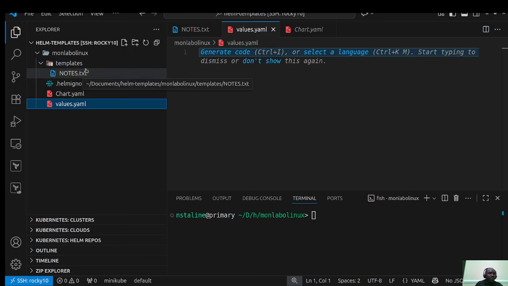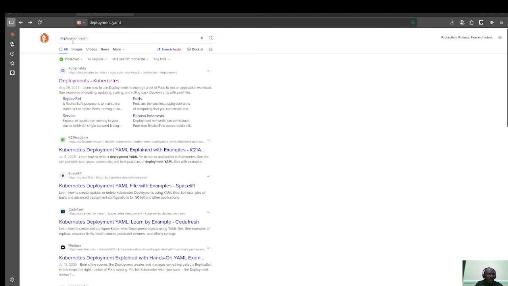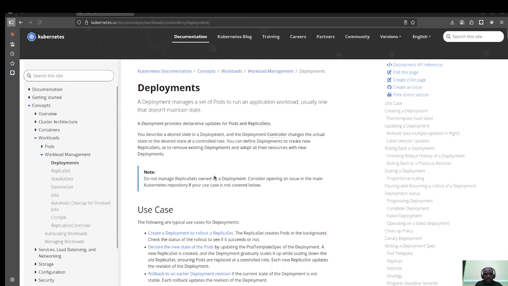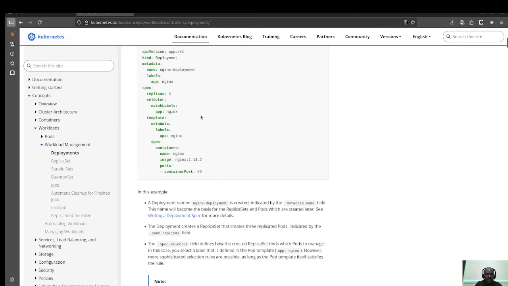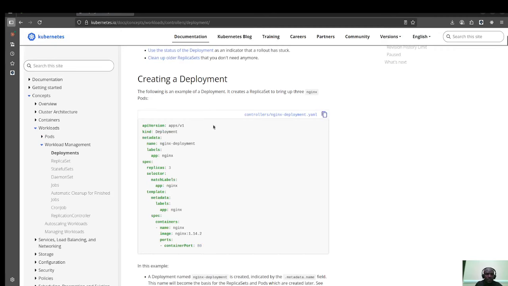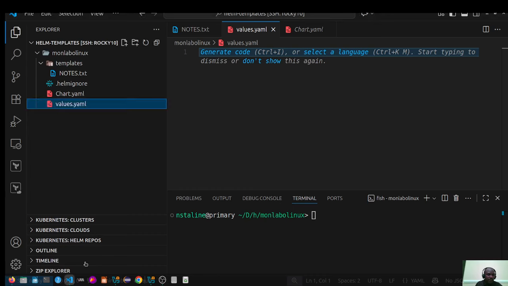So as an example, I'm going to go online and search for a Kubernetes manifest file. As you can see here, I just type deployment.yaml. You can type Kubernetes deployment, for example, and then you will have this link. When you come over here, you will have this one available for you to copy. Alright, so I will copy that